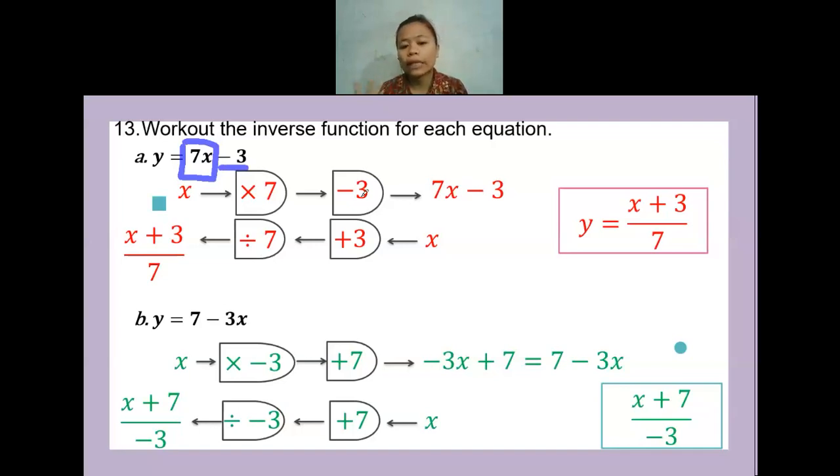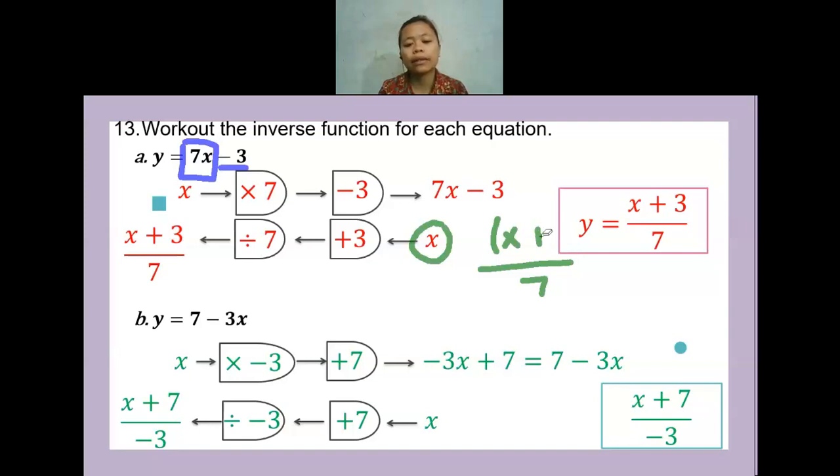Now we are going to find the inverse. When finding the inverse, we need to do the opposite. Opposite of minus 3 is plus 3. Opposite of times 7 is divided by 7. So now we start the x from the right side: x plus 3, and we divide it by 7, so it will be all over 7. So the inverse function is y equals x plus 3 over 7 for